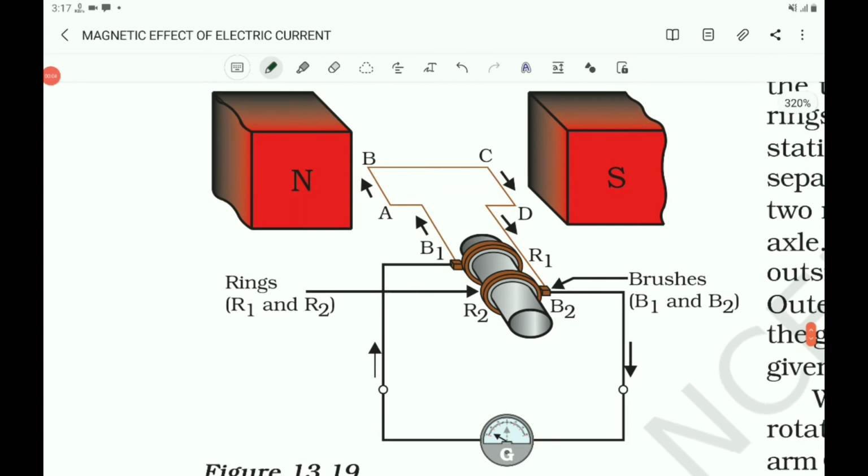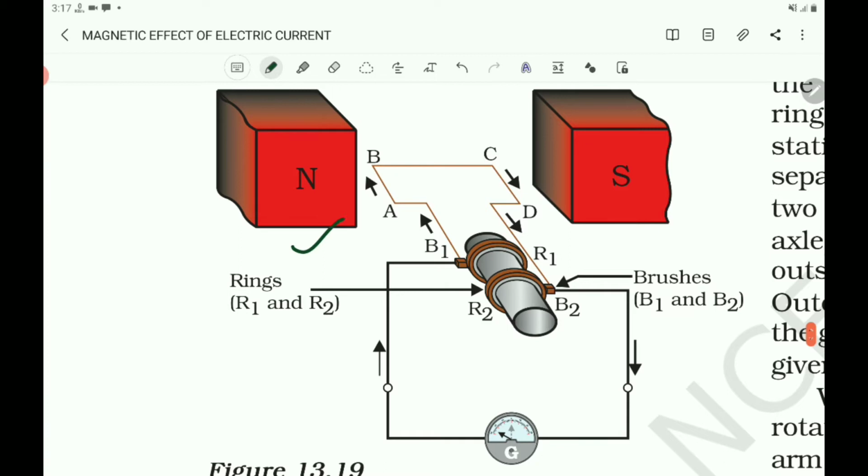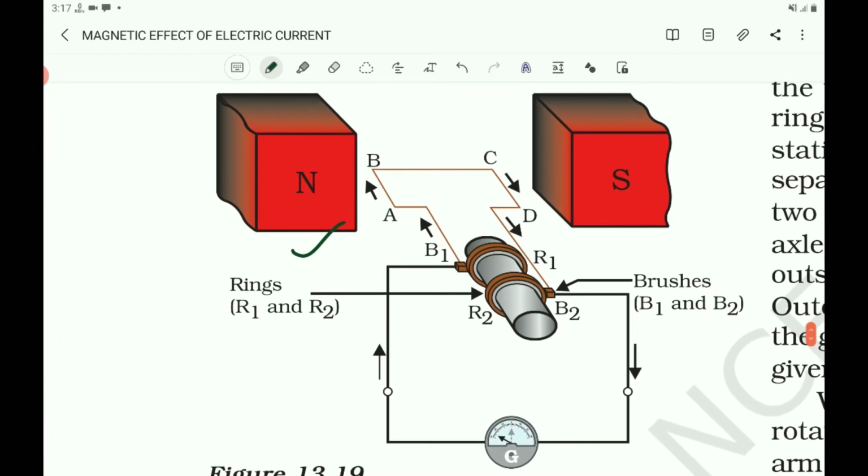Children, draw the figure of AC generator. Here is a figure of AC generator, and let us discuss its construction and working. It consists of a rectangular armature coil ABCD. See the coil here. It is a rectangular armature coil, and it consists of a large number of turns of insulated copper wire wound on a soft iron cylindrical core,